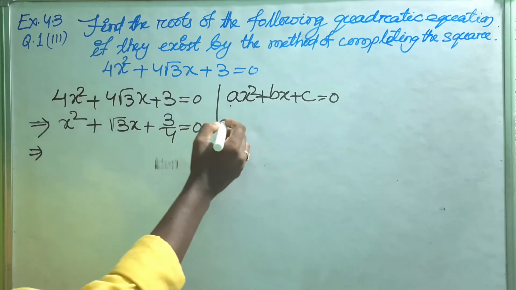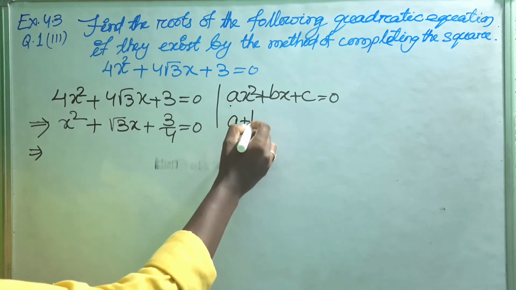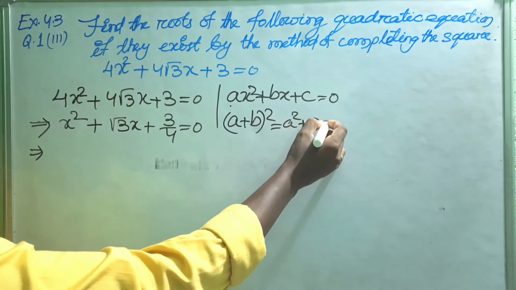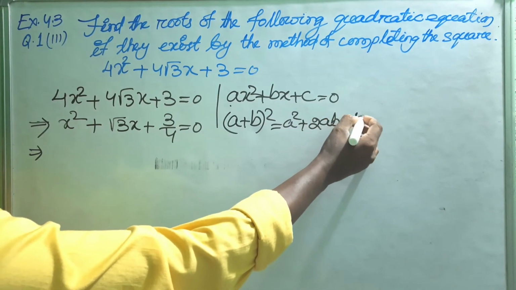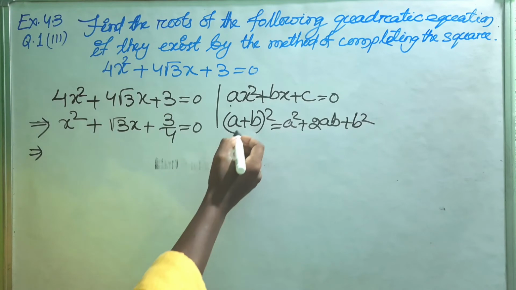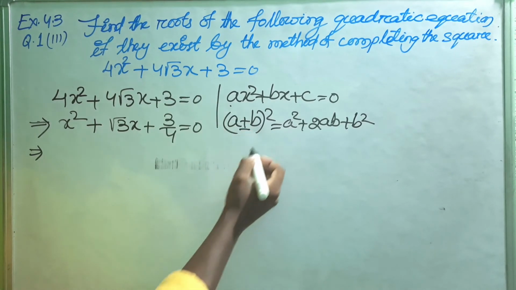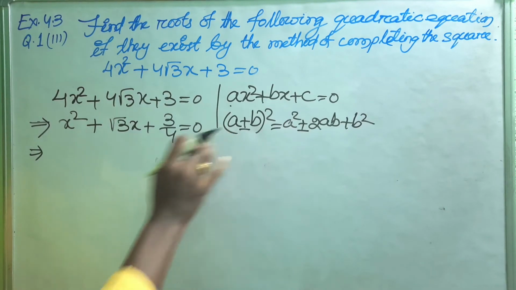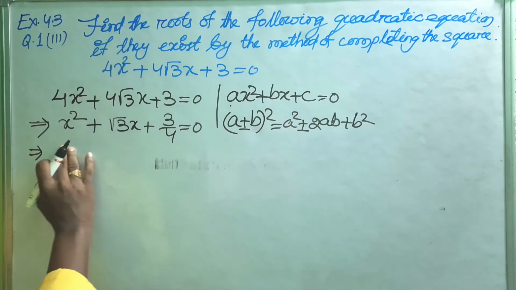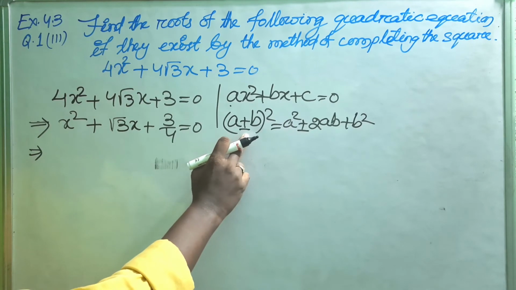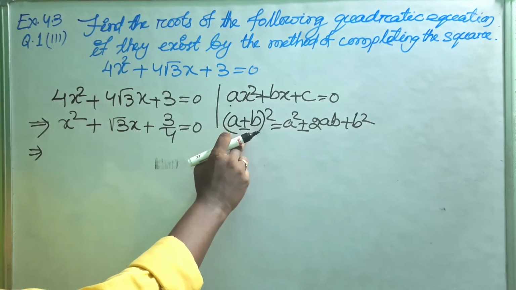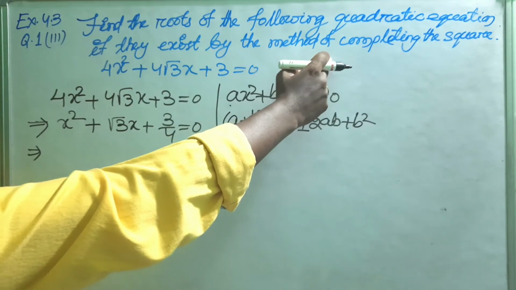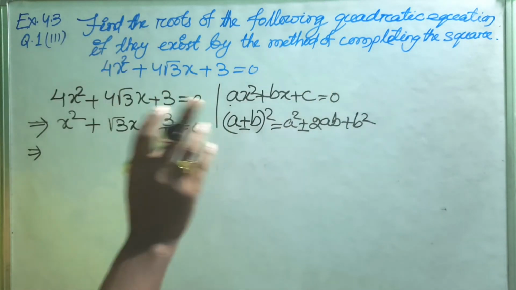Now you know what is the square formula. You know a plus b whole square formula, that is a square plus 2ab plus b square. You know this formula. Also you know a minus b whole square formula, that is a square minus 2ab plus b square. So this is the square formula here. So you have to express this expression either in a plus b whole square form or a minus b whole square form. Okay, because you have to find out by completing square method.